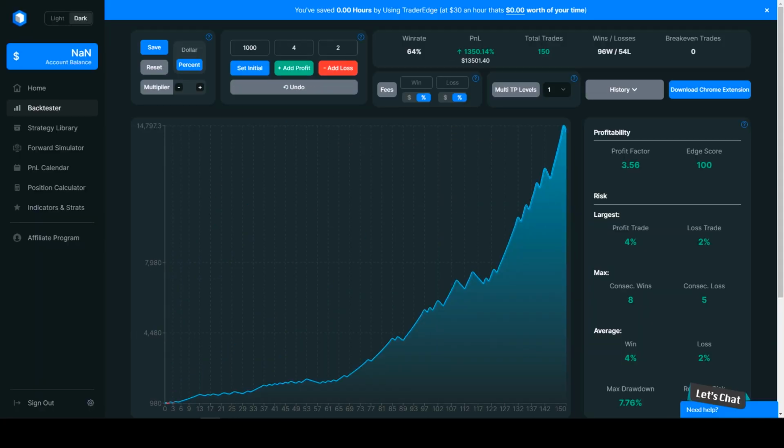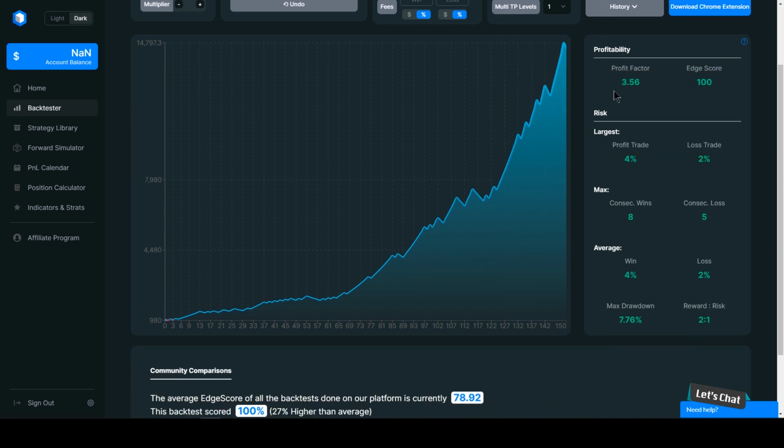After backtesting this strategy 150 times, we see that the win rate was 64%, which is really good for a risk-reward ratio of 1 to 2. The gain on the account was 1,350% over a backtesting period of 14 months. It had a great profit factor of 3.56, 8 consecutive wins against 4 consecutive losses, and a maximum drawdown of